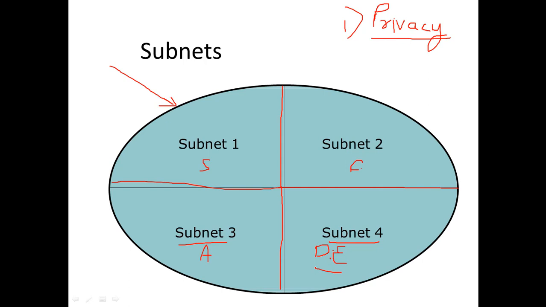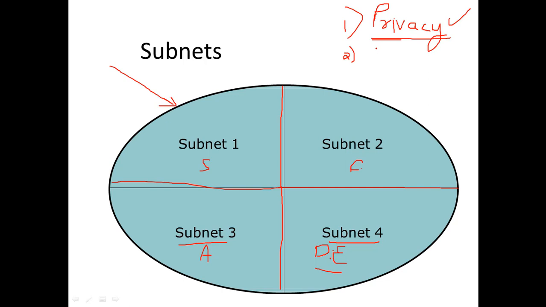Due to this, you can see that privacy has been achieved, security has been achieved. Privacy and security are both synonyms. So you have achieved privacy, or you have increased the security level. Number one. Number two,